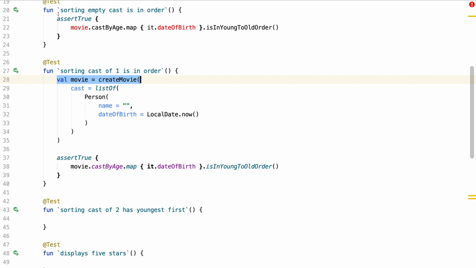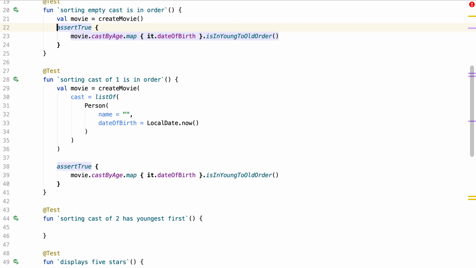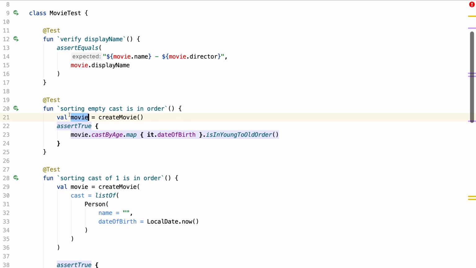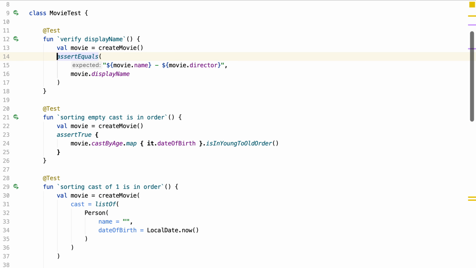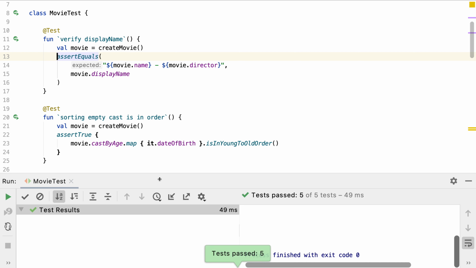And now, because our property no longer exists, we simply need to update the first two tests to use our factory function instead. Running the test suite, all our tests still pass.